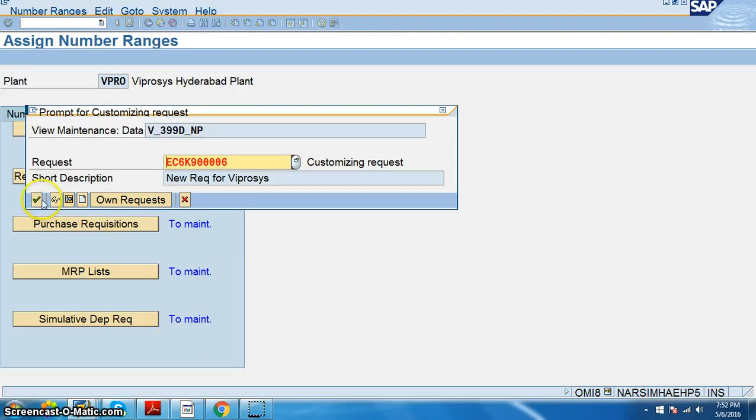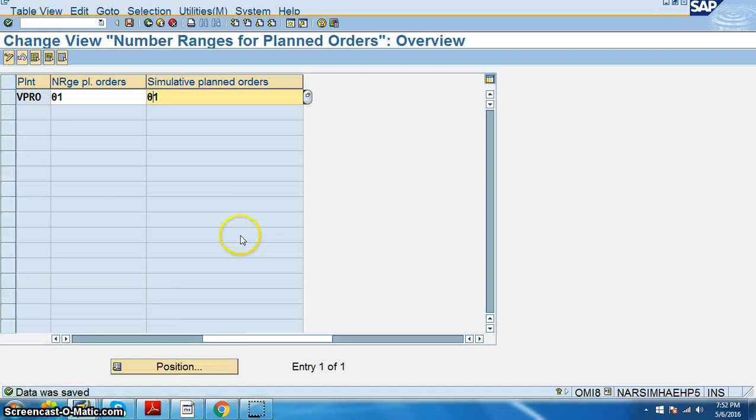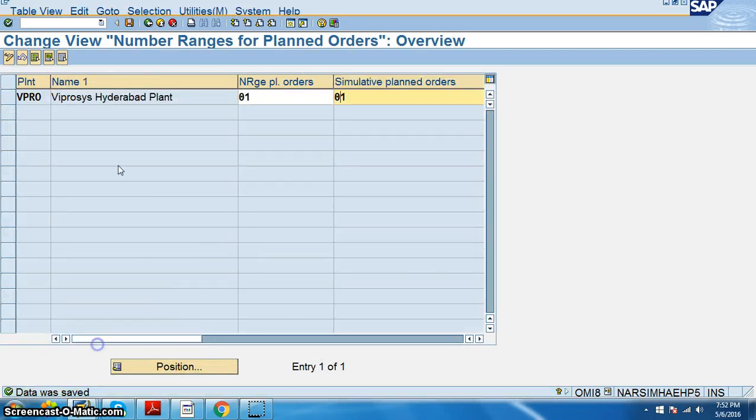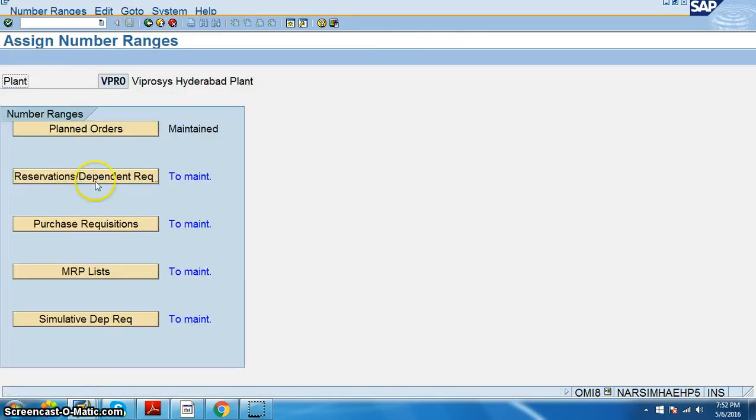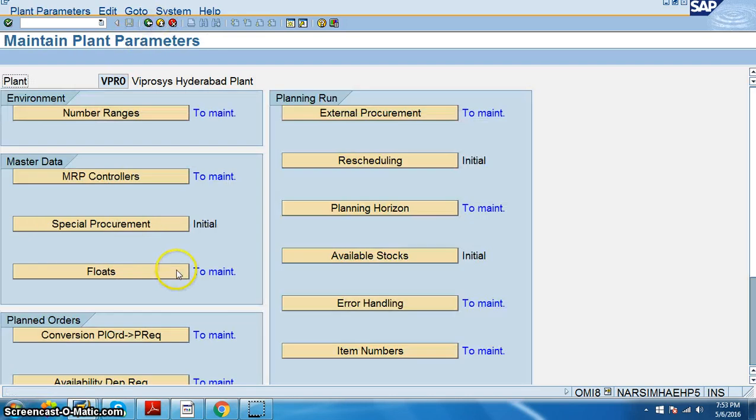Save. We have number range 1, back, reservations and dependents, MRP list, simulative department request. Similarly we have to maintain all these number ranges. Only when we maintain the number ranges can we maintain the reservations, dependent requirements, purchase requisitions, and so on. So just come back.